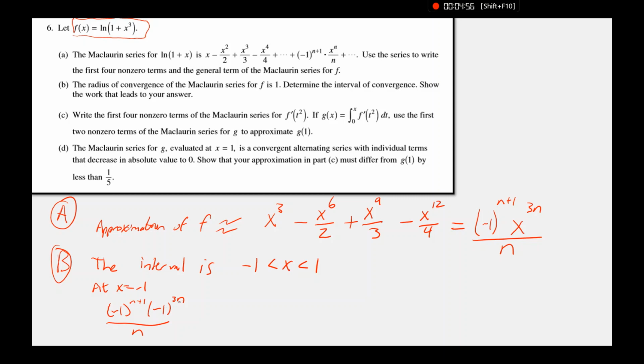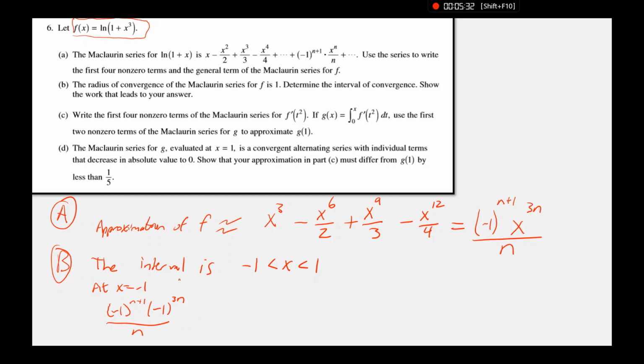Okay, so looking at this, when n is 1, will this function be positive or negative? Negative. Okay, what about 2? Negative. Okay, so this function is always negative because either this one or this one will be negative and